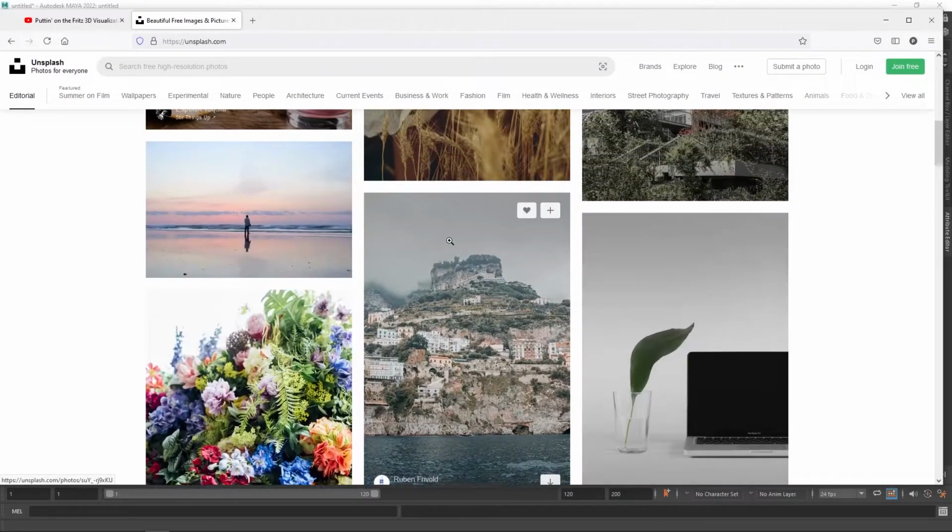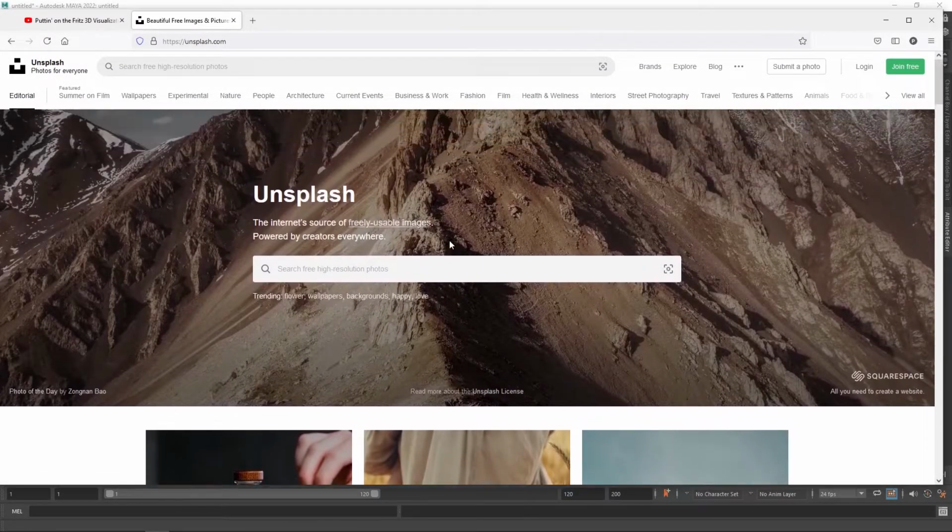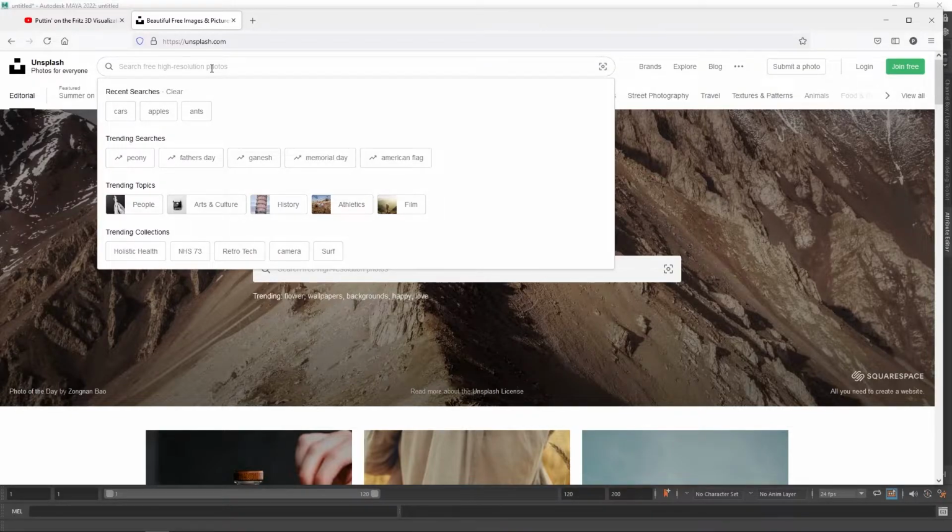Some are trying to find jobs through this process. They're posting up examples of their work, and all of this is licensed through Unsplash. You can use most of it, but sometimes they ask that you do attribution. So in other words, list the person who you're using. So again, if I want to do ant,